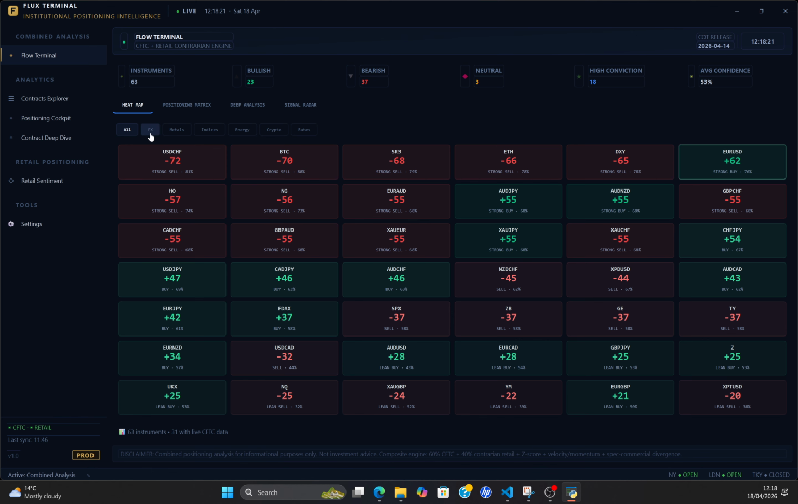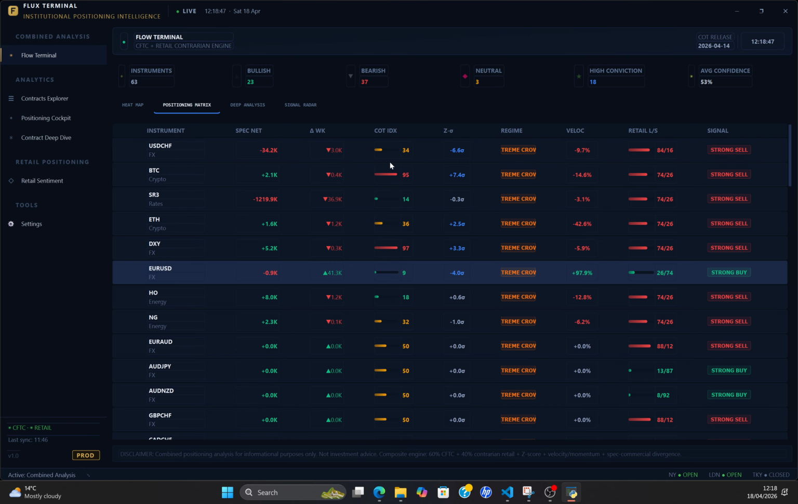We have the instrument, and then we have the speculators' net positions change week over week. The Flex instruments COT index, and then we have the Z score. We have the region, which tells you where it's standing, the velocity, the retail long and short positions on that pair, and this one is USD, and what is the signal. So all these signals are live and is analyzing both